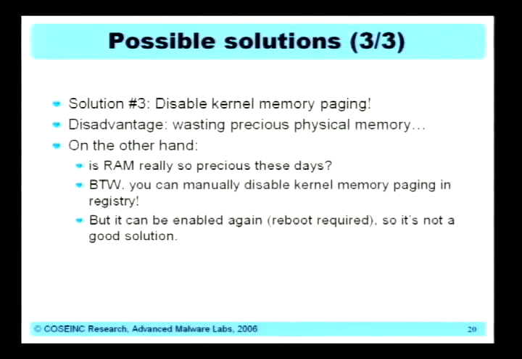And again, you can actually manually disable kernel code paging in registry. And yeah, that's what I'm doing for my home machine, just because I have 4 gigabytes, so it doesn't really make any sense to have paging enabled. But it's quite interesting to notice that those 2 solutions, like to enable encryption of the page file and to disable paging,